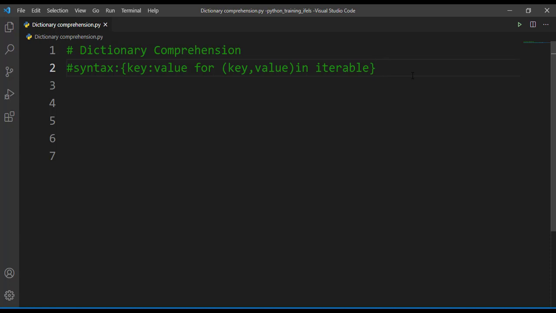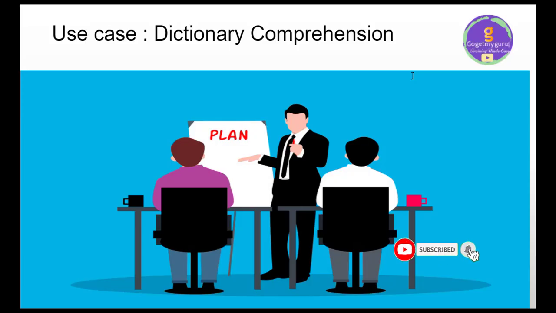So let's understand this with an example. For the time being, you just remember the syntax for this dictionary comprehension. Let's consider a scenario of an office wherein each office maintains a database of its employees which has employee IDs, employee names, employee salaries, employee address details and some other data.